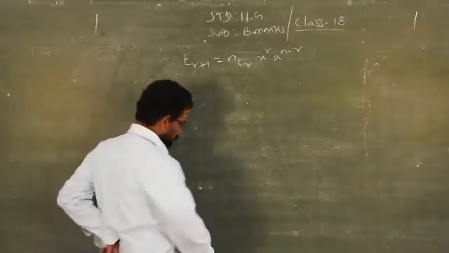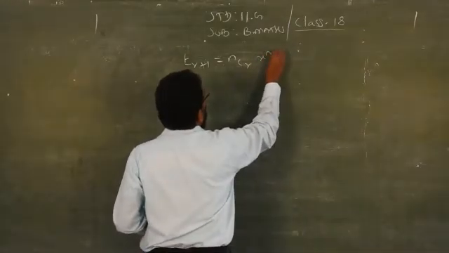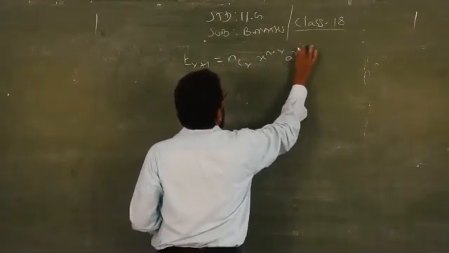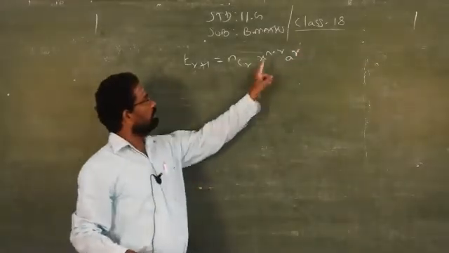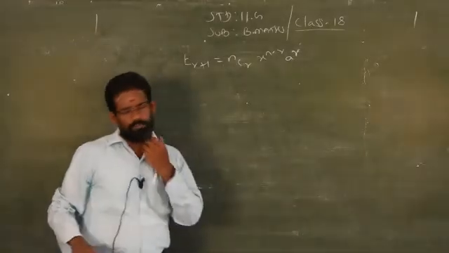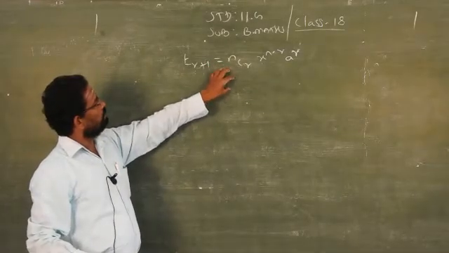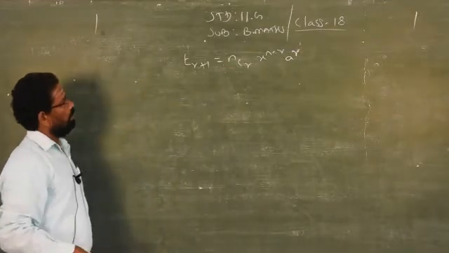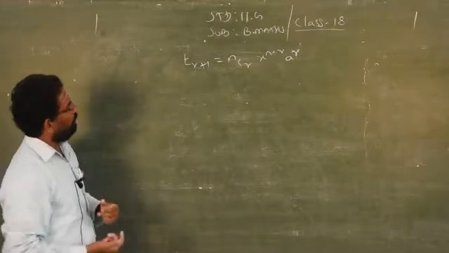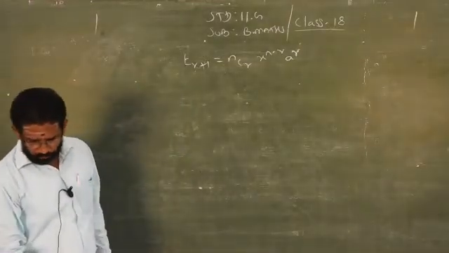So, now it will be n minus r into a power r. Because we are reducing the power of x, we are increasing the power of a. So, what is the formula to find the particular term of the sequence? nCr x power n minus r into a power r. So, this is the general formula. Based on this general formula, you have to do sum number 3.